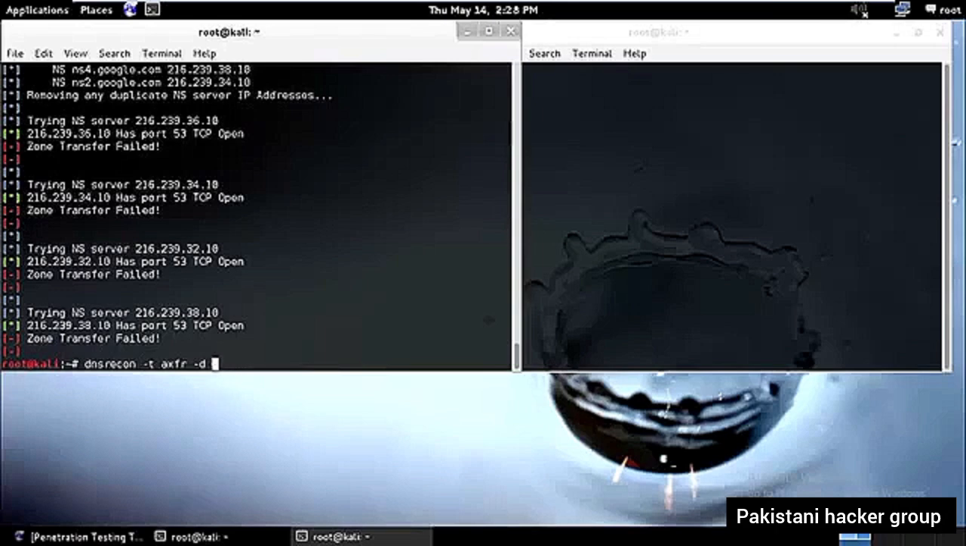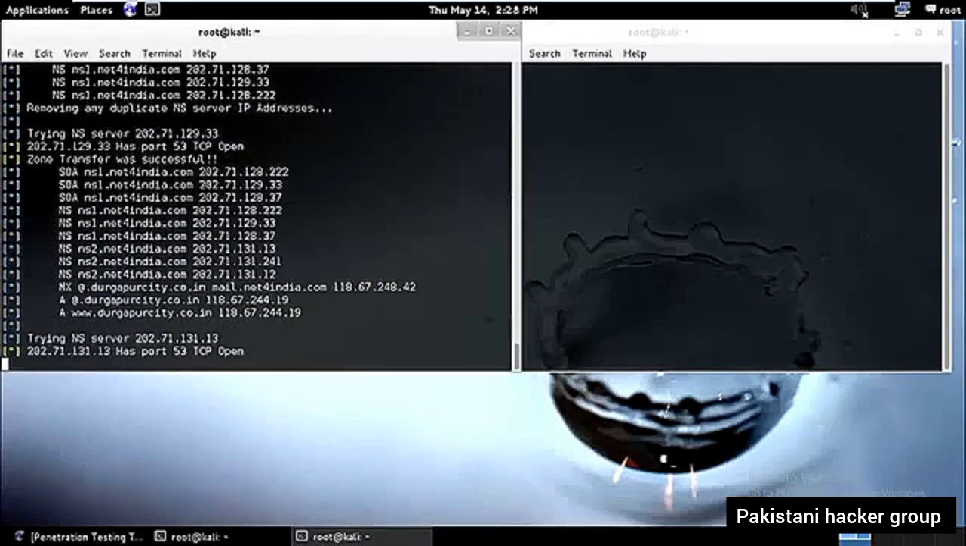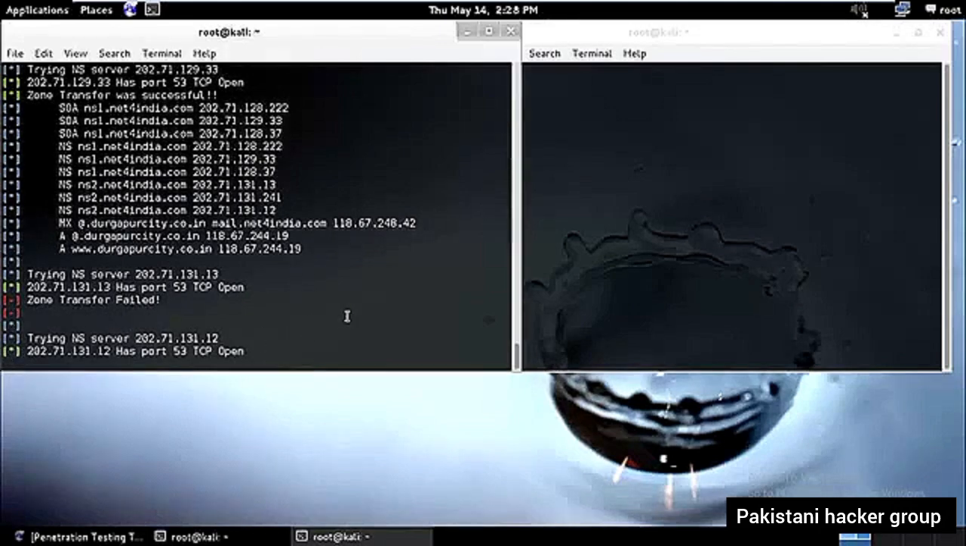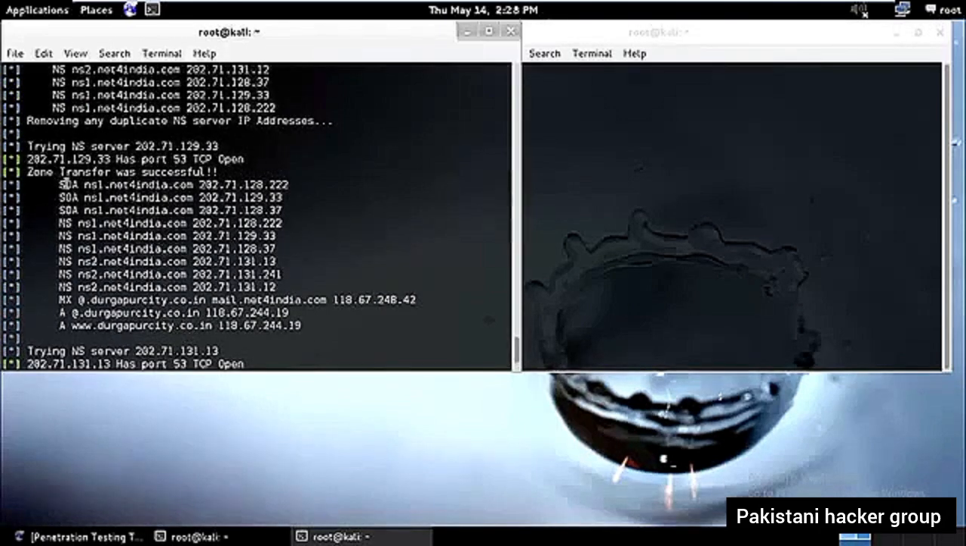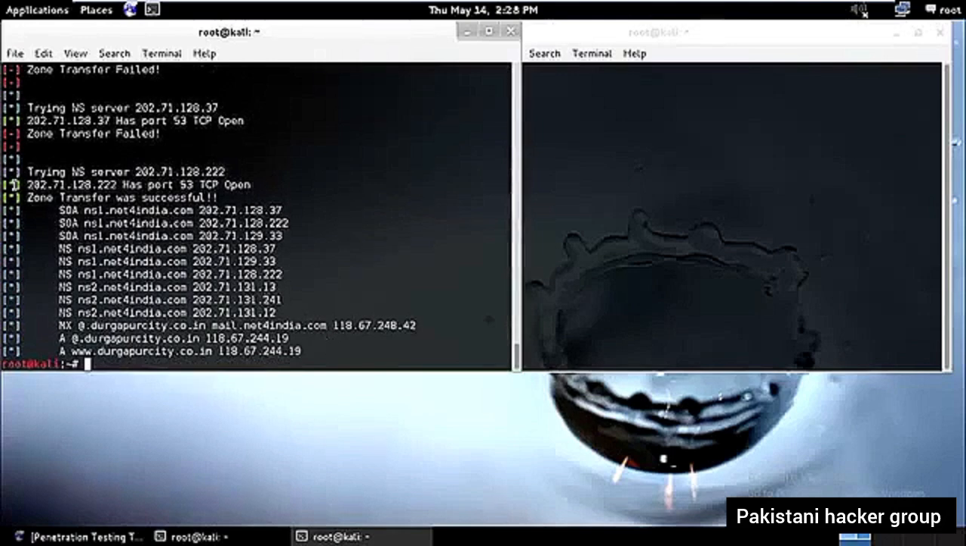Let's check for a random local site, Durgapur, the one which I tried previously. jaipurcity.co.in. Let's check it for this. Okay, so zone transfer was successful over here. As you can see, these were successful, SOA and NS records. Okay, perfect. So this is how we can go ahead and see the time to live records as well as